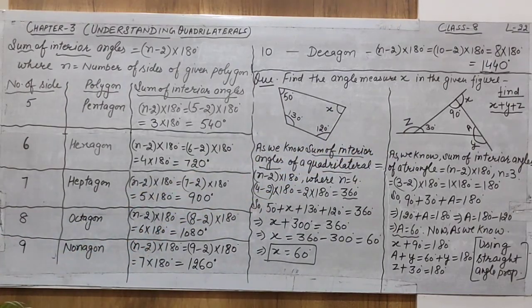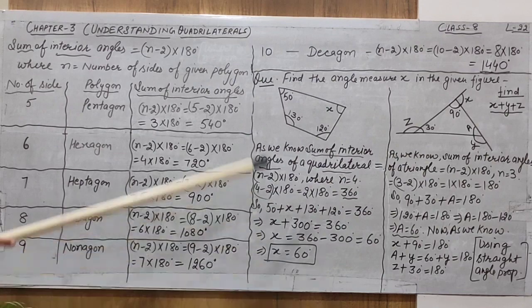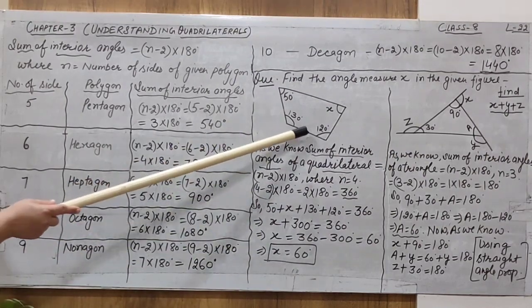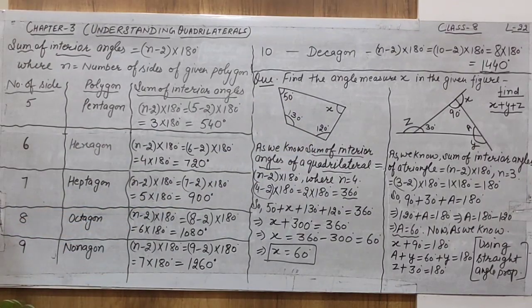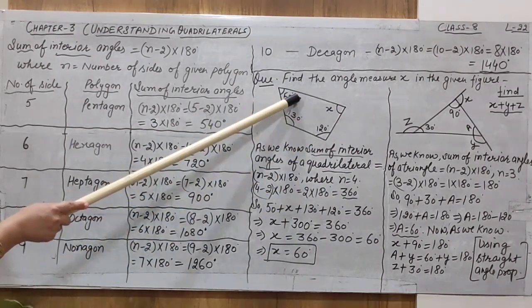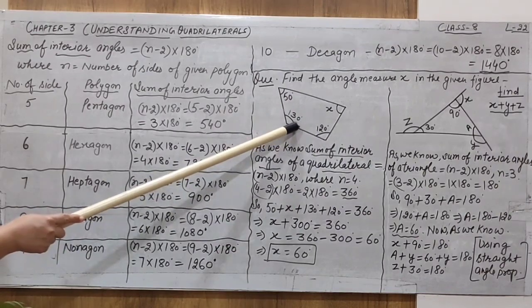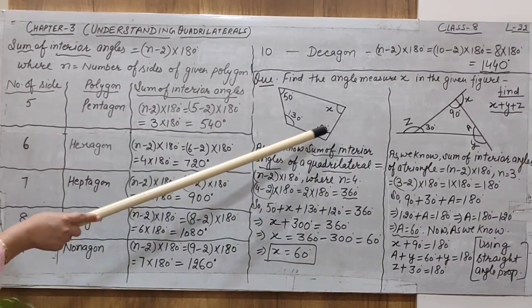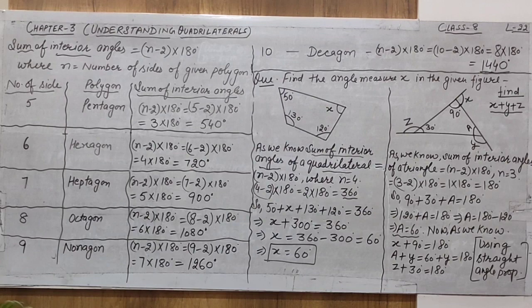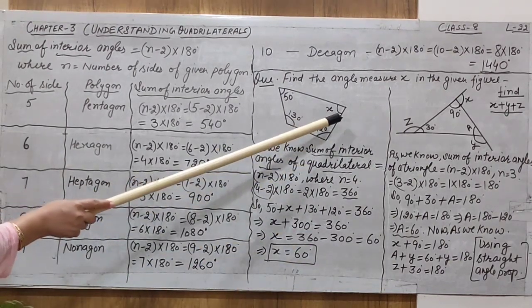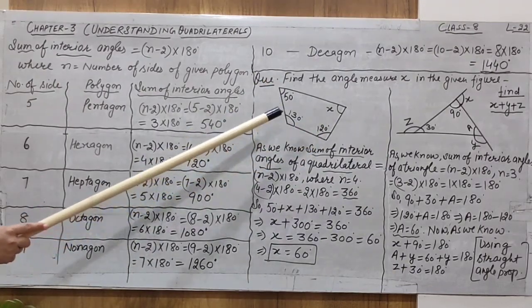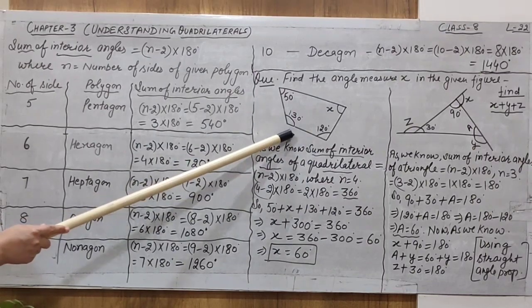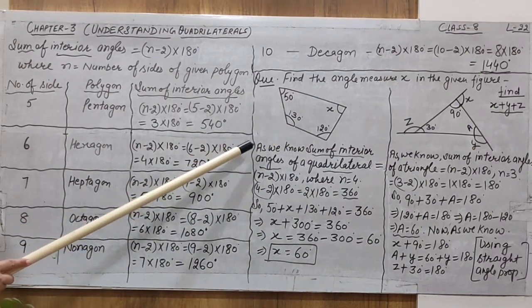First of all, let us discuss the first question, that is the quadrilateral in which 4 sides and 4 interior angles are given. The first angle is 50 degrees, the second is 130 degrees, the next is 120 degrees, and the last one is x. You have to find the value of x. How many degrees is this angle? Now, how can we find it? We are using the sum of interior angles property here. Let us start the answer.